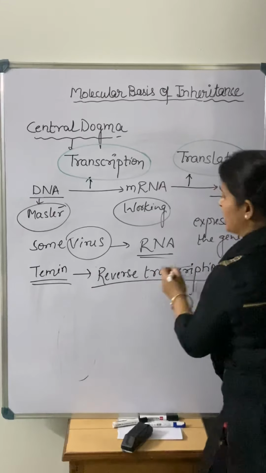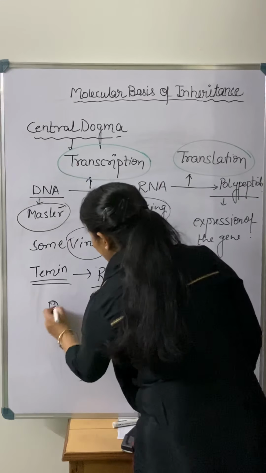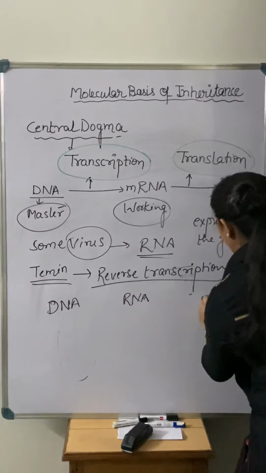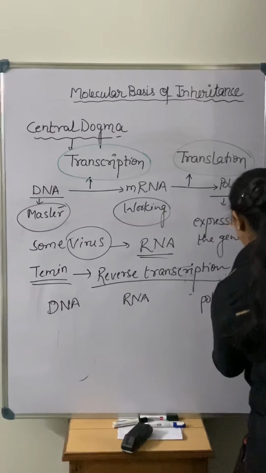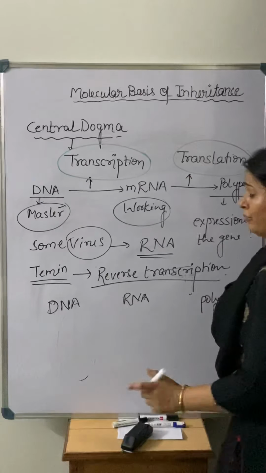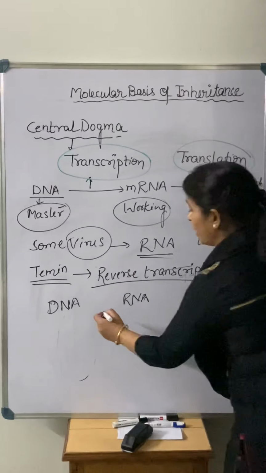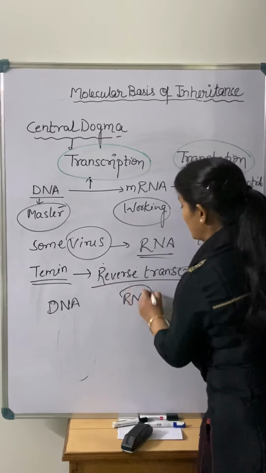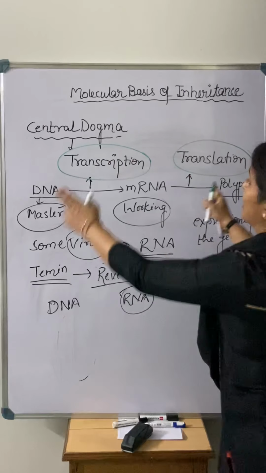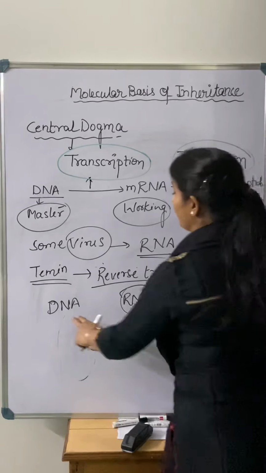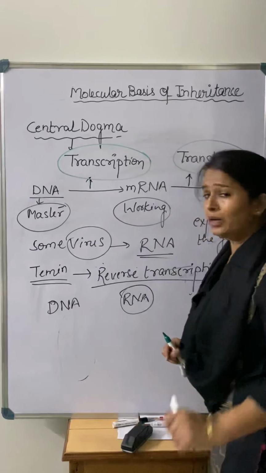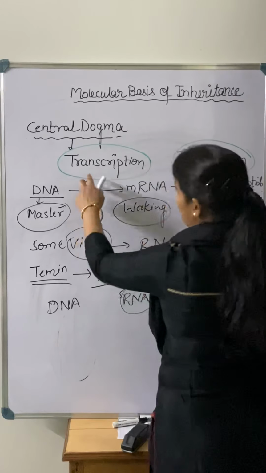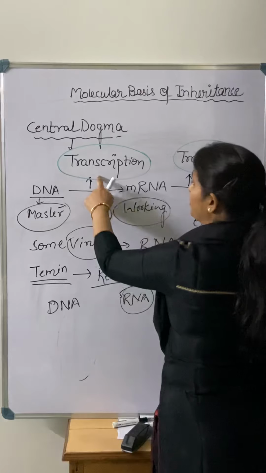So in that case, what happens? There is DNA, RNA and the polypeptide chain, meaning there is a formation of a protein, the related enzyme, for the expression of any gene. Now what happens? First of all, in the virus, RNA is the genetic material. So for the central dogma, the first thing should be the presence of DNA, but they don't have DNA. Now what happens? The normal process is DNA to RNA. That process is transcription.